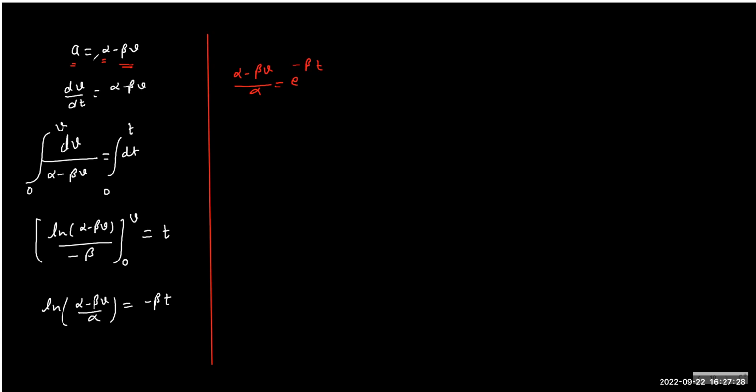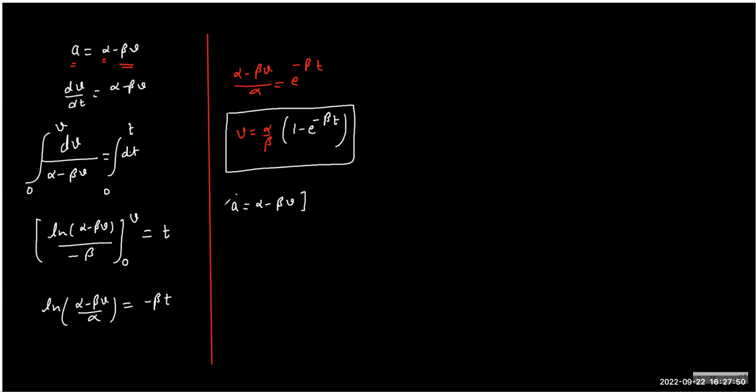And definitely when a will be 0, beta v will be alpha by beta. That's called the terminal velocity. So if you rearrange, you will get v equals alpha by beta into (1 minus e power minus beta t). So that's very easy to remember. The moment we have a formula a equals alpha minus beta v, the answer is simple. The drag will decay you exponentially. That's the whole idea. So it will create a decay of this value,